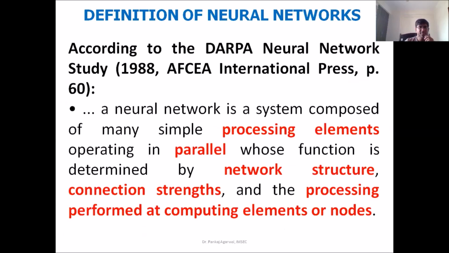Now, according to the DARPA Neural Network Study in 1998, a neural network is a system composed of very simple processing elements which work in a parallel, coordinated and distributed manner, and where the overall function of the network is determined by the network architecture it is defined with, the connections between the various processing elements, and the processing performed at the computing elements